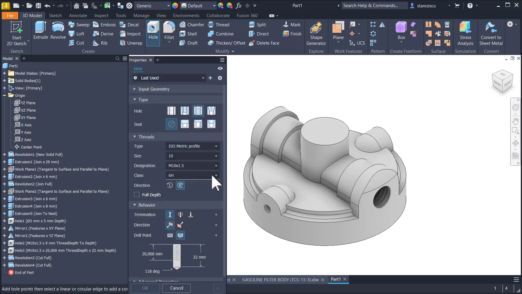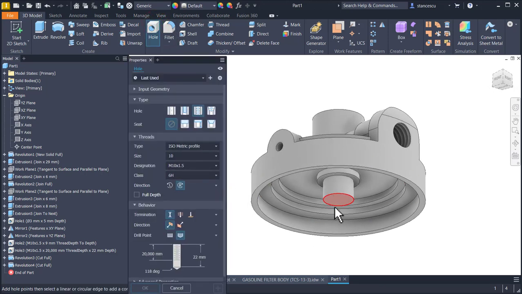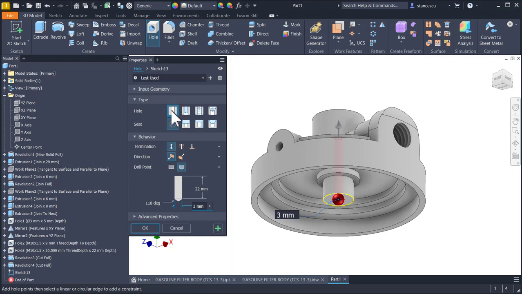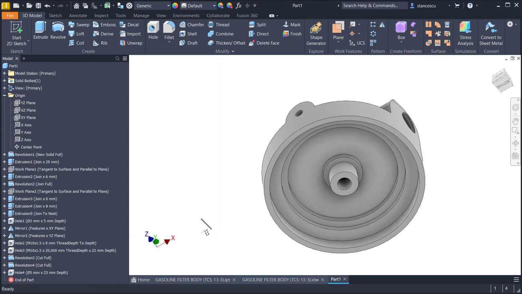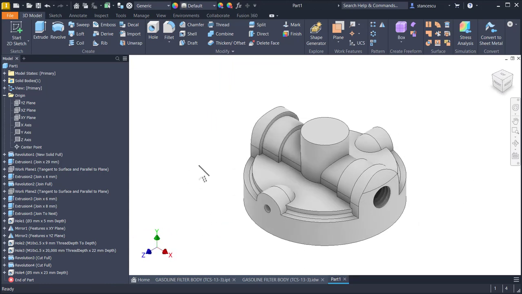Hole, we turn back this face, center, not threaded, 5, not 3, 5 is this, and the depth is 23 from that face. From this face, which is at 0.5 from this. Okay. Good. As you can see here,